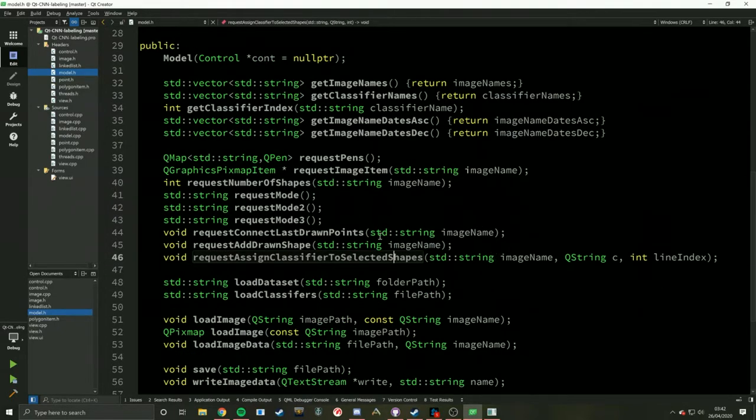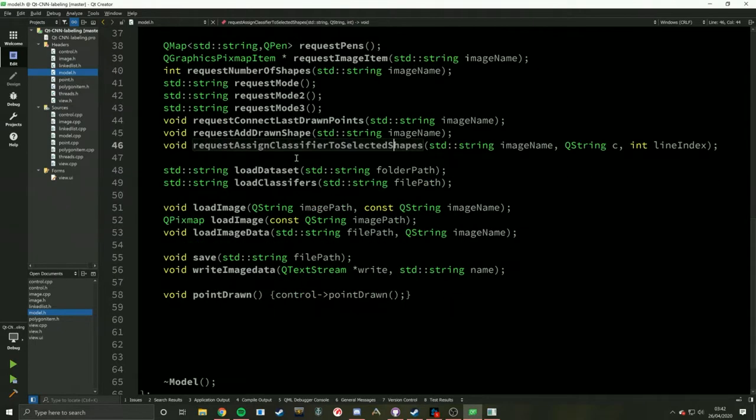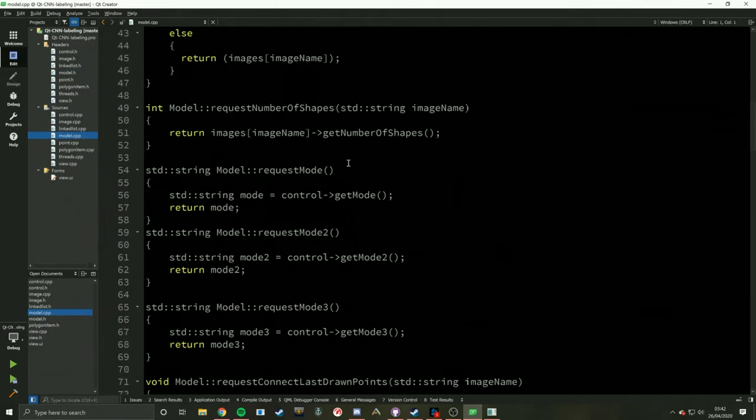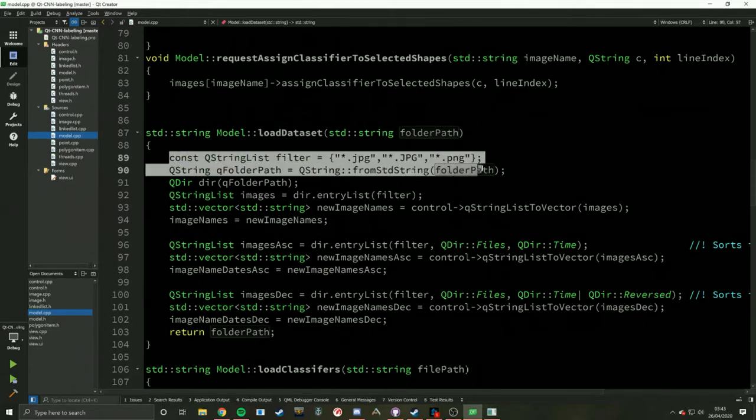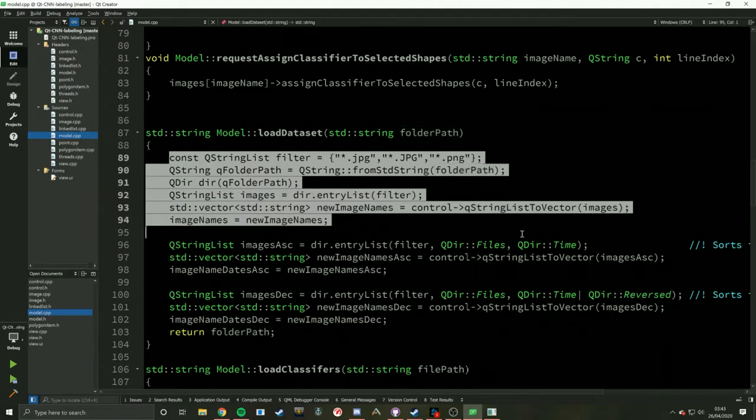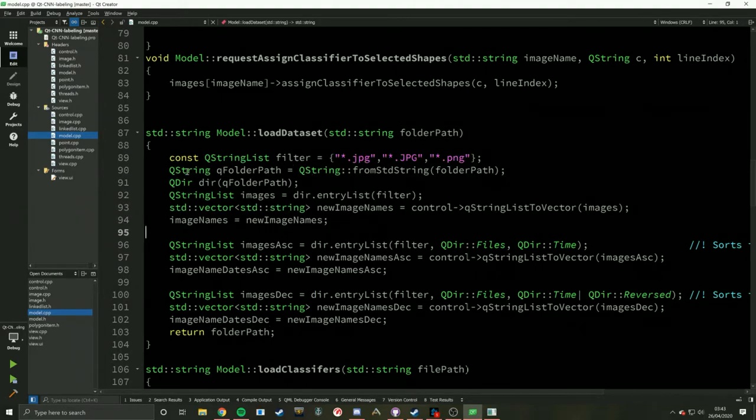So when we're, say, loading a data set, the control will request the model to load a data set. It will give it a folder path of where that data set should be. And then the model class would go through with the correct filters to load up that data set